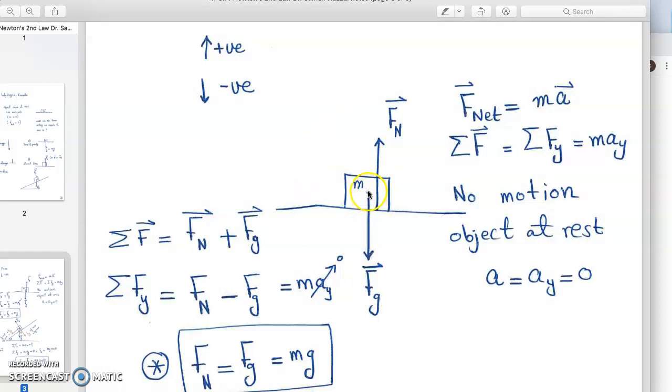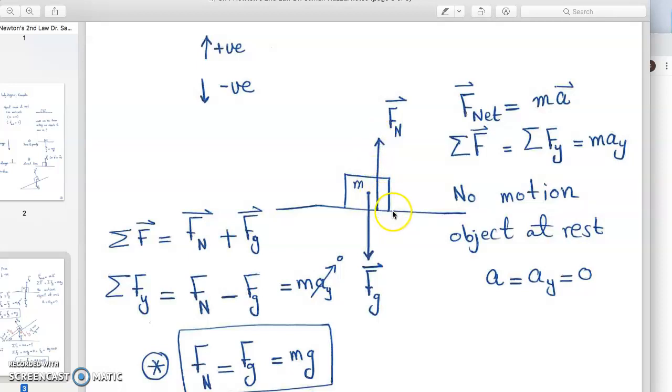Again, we have the object M, and there is a force of gravity acting on this object, and it is F sub G. And there is also a force acting on object M. Again, I keep repeating, on the same object, but this time it's not due to gravity. It's from the surface where M is lying or sitting. As a reaction of M sitting on the surface, the surface is basically applying a force on this object upward,